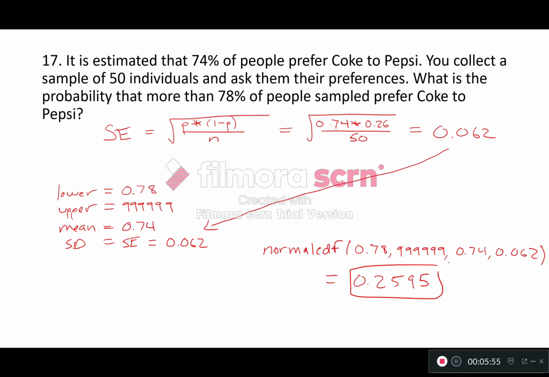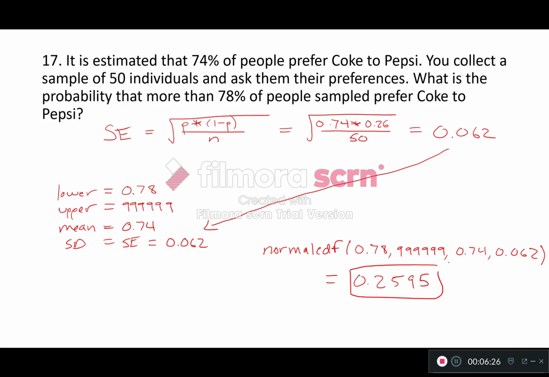So the big steps with this problem is first identifying what type of problem it is. It is a proportion question because we've got this fraction out of a whole: 74% of people on average prefer Coke to Pepsi, and we're interested in a sample where more than 78% of people feel that way. And it's a sample, meaning that we start with a standard error. And that standard error formula for proportions is always going to be square root of p times 1 minus p divided by n. We work that out here to get 0.062, and then that's the hard part of the problem